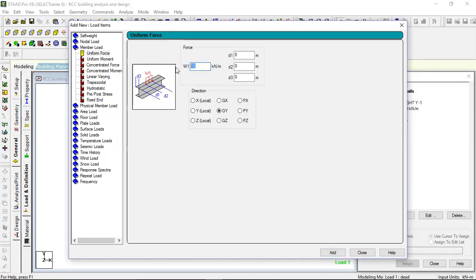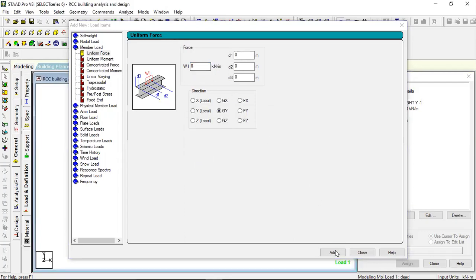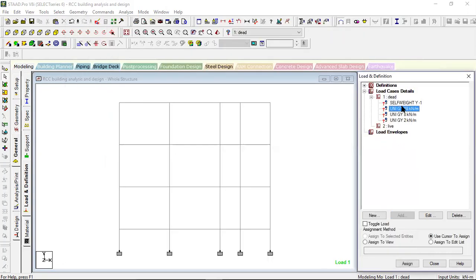Now one more thing, interior walls. The interior walls of the building are like partition walls, so I am considering 8 kilonewton per meter. These are partition walls. And then I will take one more, parapet wall load, that is 2 kilonewton parapet, just above the third floor. Now I will add that. So 18 kilonewton is the outer wall, 8 kilonewton is the interior walls, and 2 kilonewton is the parapet wall. First I will assign self weight.